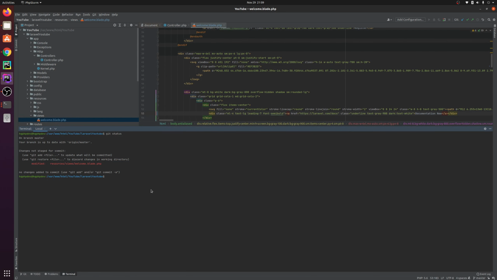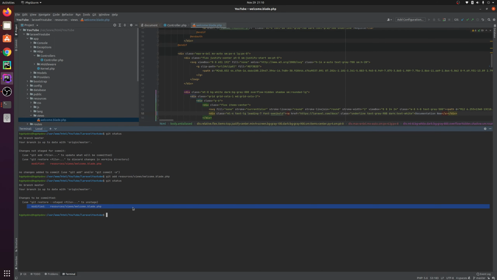in red color. And now git add dot, it will add all the files that have been changed. But if you wish to add only one file, simply write git add and then the path of that file. So resource views welcome.php, and I hit enter. If you check status now, you see changes to be committed.